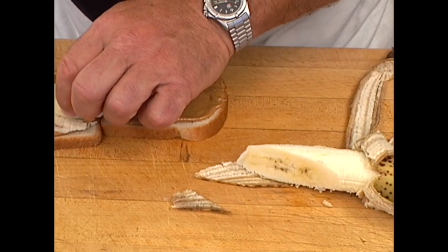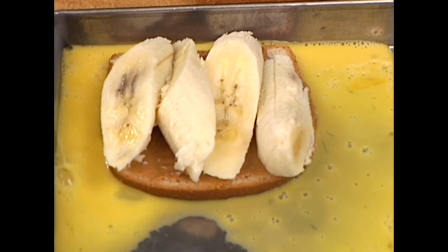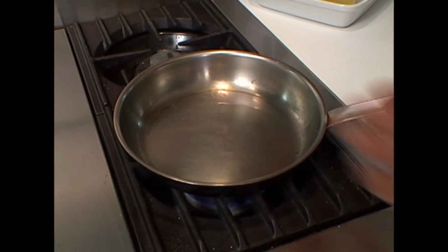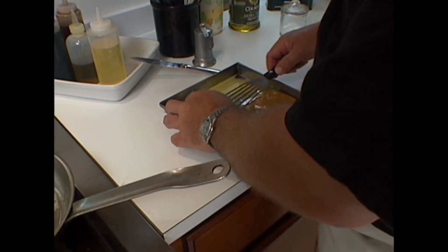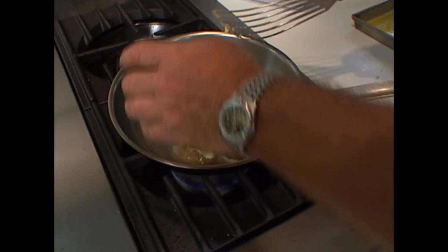All right. Nice and long. All right, so I got the whole banana in here. Get my spatula. Let it sit there for a couple of minutes till the bread starts to absorb that egg. All right, I have a little oil in this pan. I'm going to add to that a little butter, and I don't want this pan too hot or the butter's going to burn. First thing I do is lift up this first part of the sandwich real carefully, like that. Then I put the lid on her,